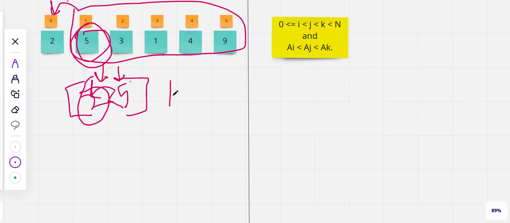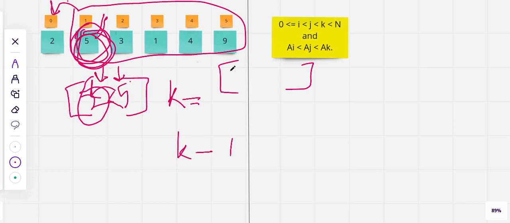So let's say I create a function which returns me k, the kth position where I can place my element in the left array to maintain a sorted array. Then the k minus 1th position will hold the value of a number which is smaller than my current number, and which is the largest such number, right? Because the array is sorted, whichever is at this position is going to be the largest and smaller than that.